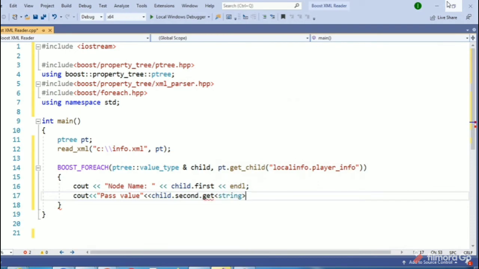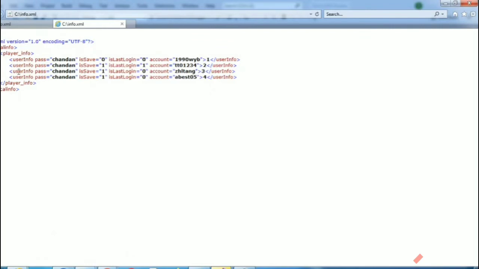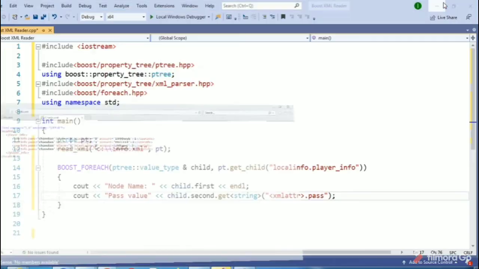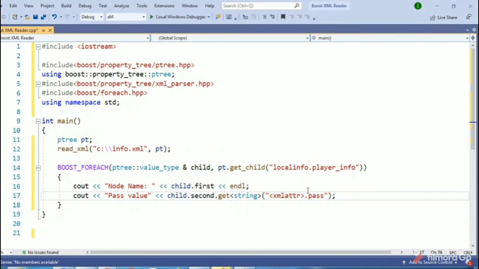Then we will pass the XML attribute, and then we will use pass. You see this, these are the 4 children we will receive. So now we are passing its value. So the first value is dot pass.